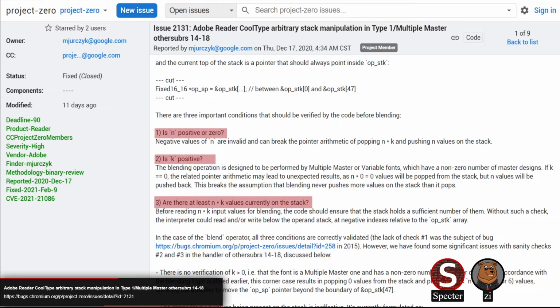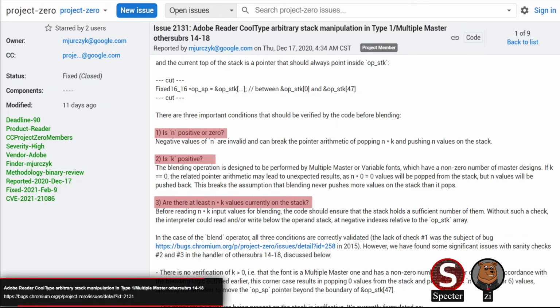So you end up with zero values being popped from the stack but n values being pushed back, and you have a desync between how many are pushed and popped. The other condition is that the stack can hold a sufficient number of input values to satisfy n times k. If it doesn't, you could end up reading or writing below the operand stack.